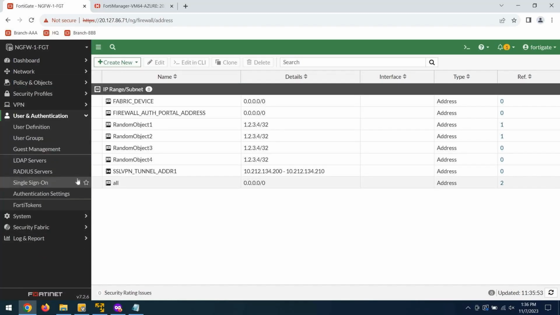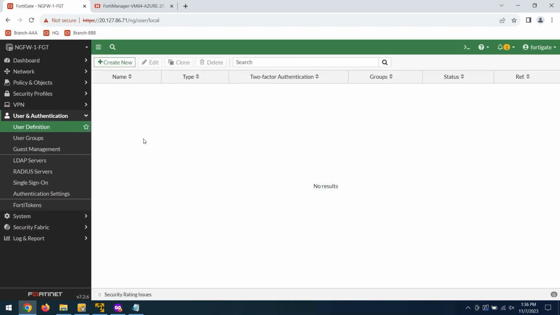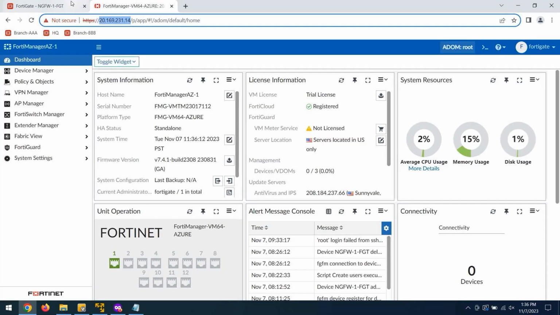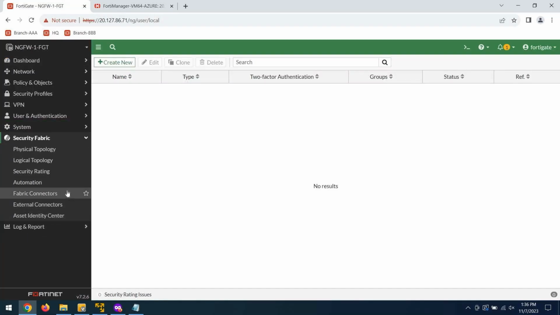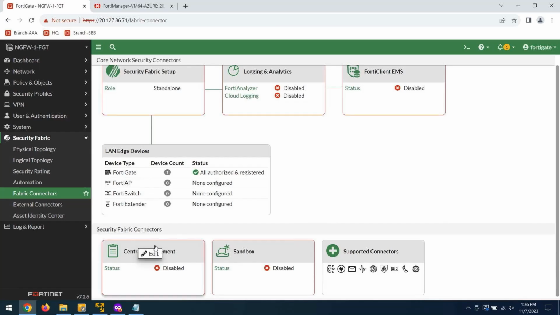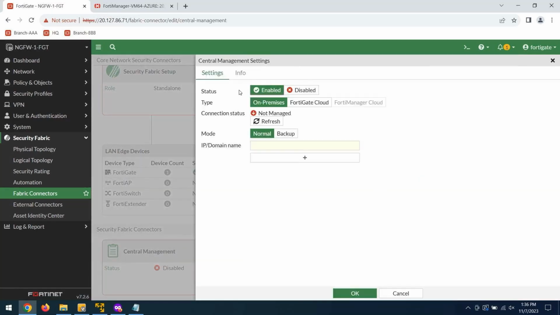And finally, if we go under users and user definitions, we don't have any users at the moment. So let's go. I don't remember my FortiManager IP, so I'll grab that. Let's go to Security Fabric, Fabric Connectors, and we're going to enable central management. It's going to be an on-premise FortiManager, and I just need to select the IP. We're going to click OK, and then